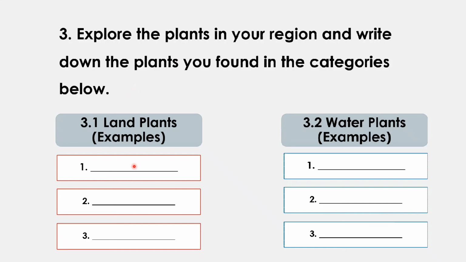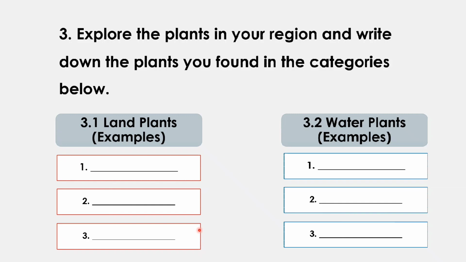We have the land plants, we have the water plants, again we have the land plants. I want you to write 3 examples. 1, 2, 3. You have to write land plants. Again, you have to write 3 examples of plants that grow